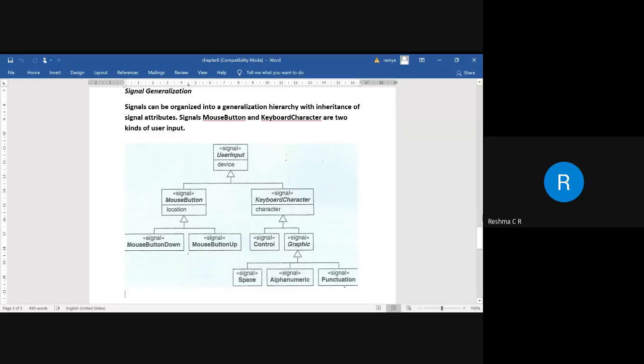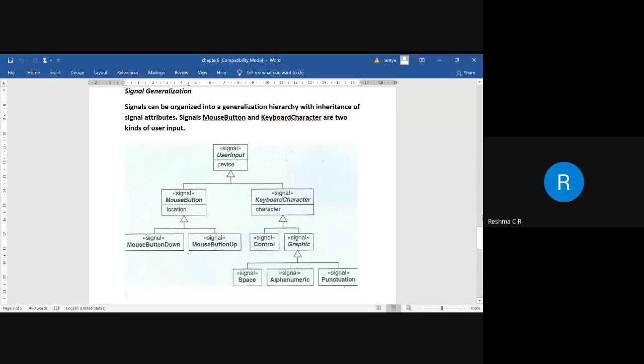The next one is signal generalization. We have come across what a generalization is: acquiring the property of a superclass into the subclass. Similarly, we can represent the entire thing in terms of a signal. A signal generalization depends upon what type of input a user is providing for a system.